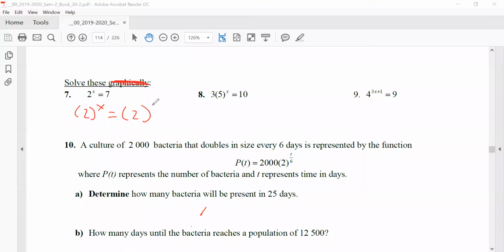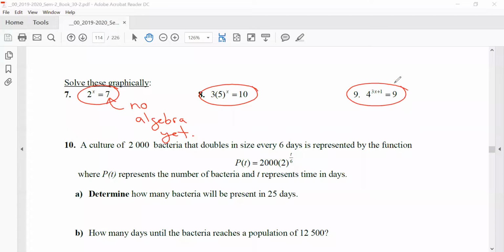I don't really know 2 to the exponent of what, some number, is going to be 7. I have no idea what it is. I know it's going to be a little bit smaller than 3, right? Because 2 cubed is 8, but I don't know for sure. So guess what? When we can't make the bases the same, I can't solve this thing algebraically yet. No algebra yet. No can do yet. Okay, guess what? That's why we have those things called logarithms, but we'll save that for another day. So the only way I expect you to solve 7, 8, and 9, if I can't make the bases